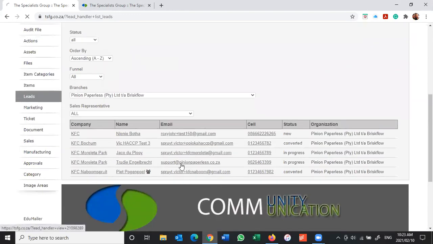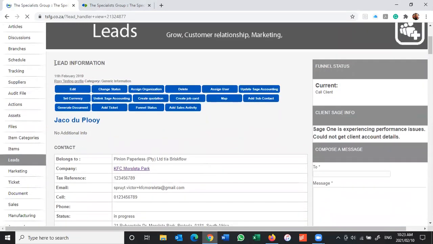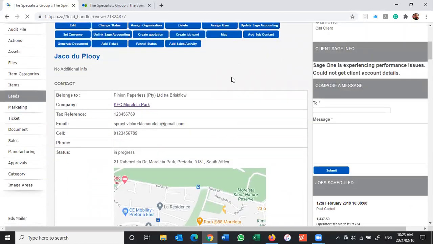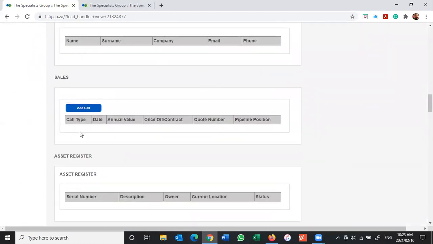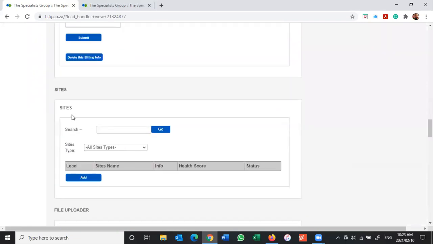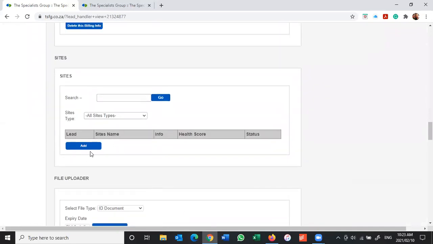All right, going to click on our client. Okay, so on the customer view, on the lead information page, if we scroll down, once you have the roles, you will see the site area. So this is where we're going to build up the audit site or the audit file, and we're going to click on add,